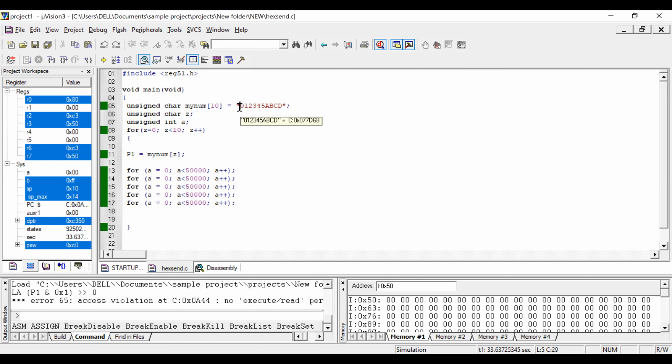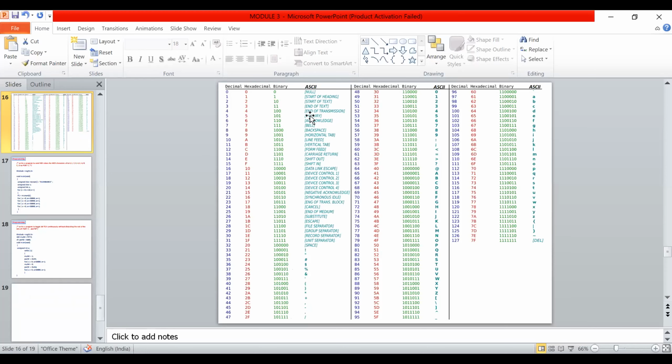Since it is an ASCII character, this equivalent binary value I have shared in the table here. Whatever character you pass, for example symbols, the equivalent binary value will be passed on the particular port. So, a simple example.